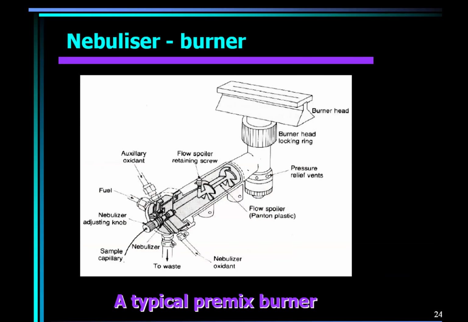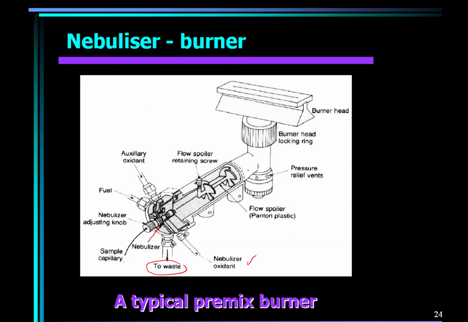You notice what we have. We have a flame here. Before you get the flame, you have the nebulizer down here and an oxidant. And then there is something that goes to the waste here. Then you have another nebulizer. You could see this one here. You have a sample capillary. You prepare your sample, you put it in a beaker, then it